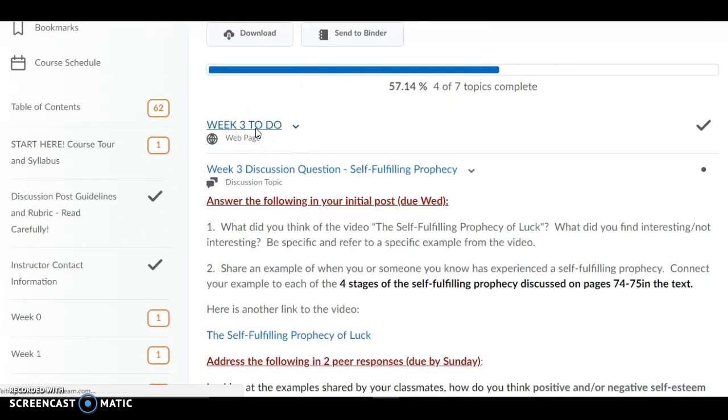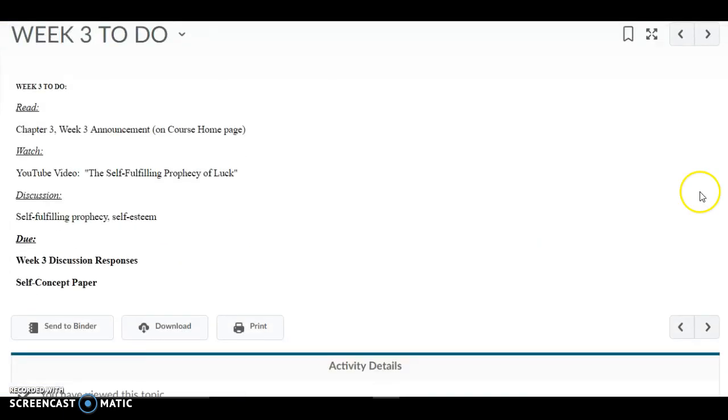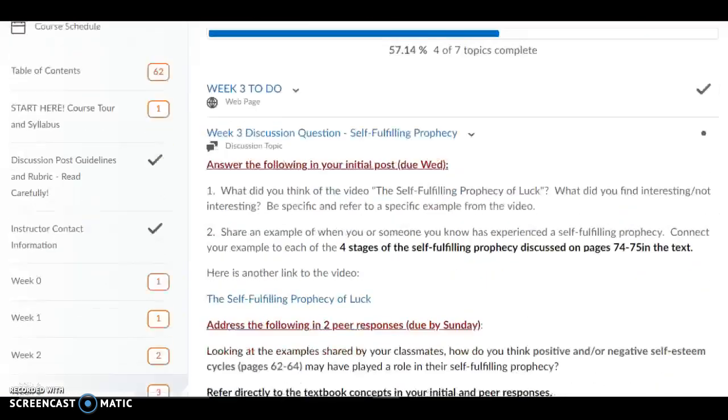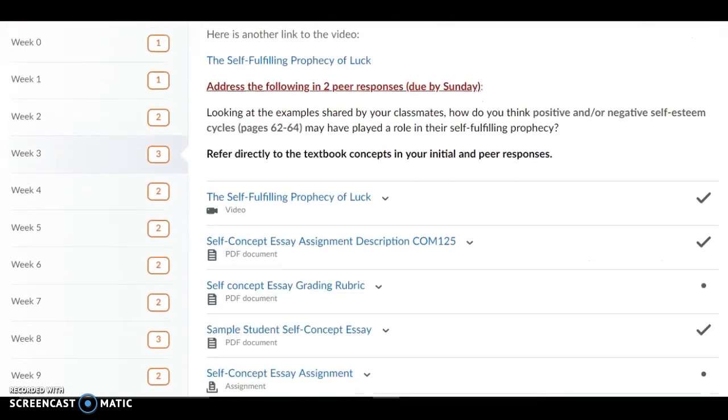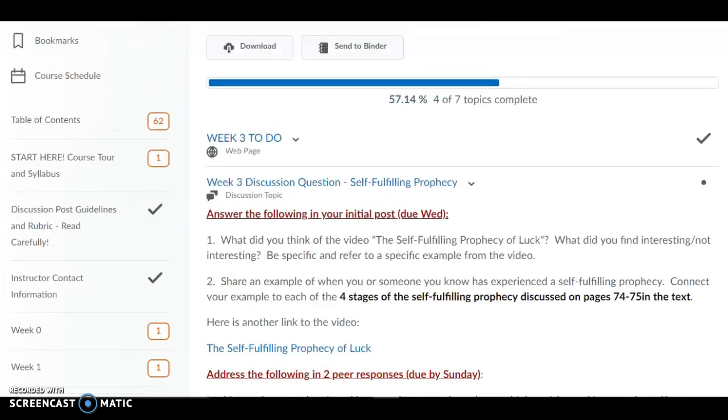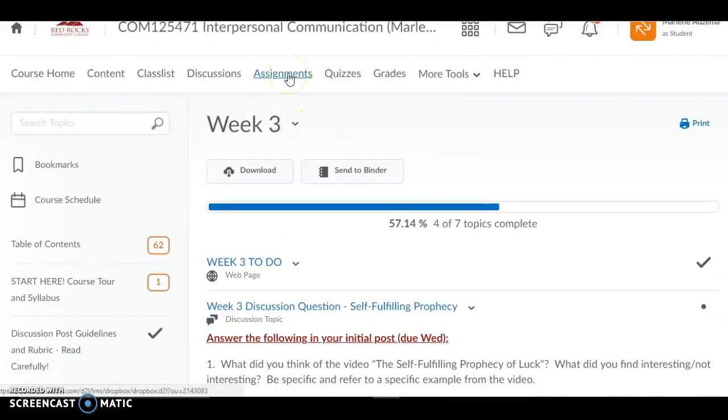Again, each week has a to-do list, and so you can see this week 3: a discussion response, your first paper, and we're watching a YouTube video. And so you'll see under each week's module, I have links to everything. In this case, since there's an essay due, I have the assignment description, the rubric I use. Here's where there's a sample student paper, and then where you hand it in here. And so we'll talk about that assignment drop box as well, which is also linked at the top up here. So you can also access assignment drops here.